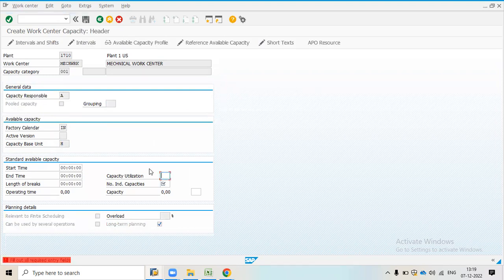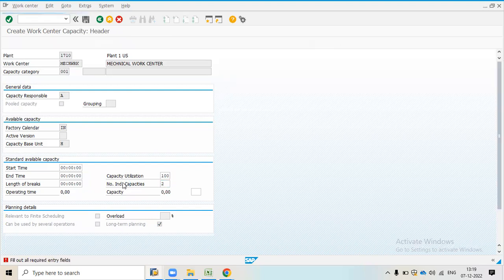Press enter. After that, the system will give one screen where I will select 100% utilization, and number of individual capacities I will take 2, means 2 persons.